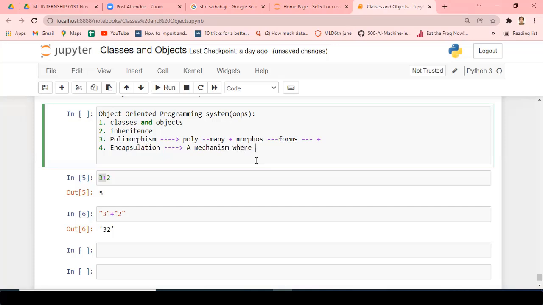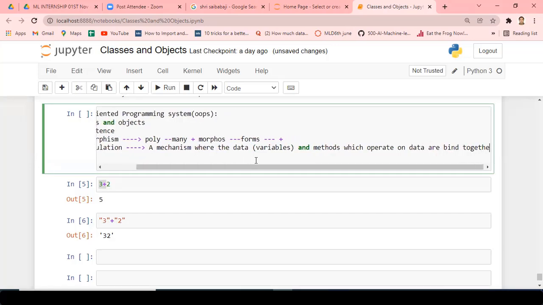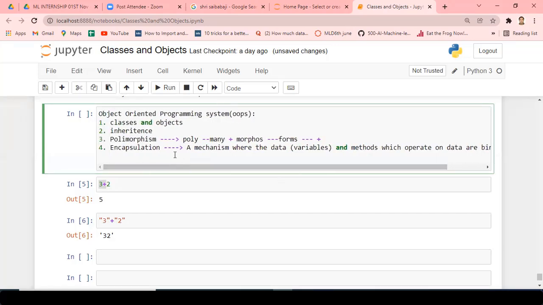where the data, which we are calling variables, and methods which operate on data are bound together. This is your encapsulation, and we did that in a class. We created a class, within the same class we put some variables, and then we put some methods which operate on those variables. So what we are doing, actually, is binding these things together. That is nothing but your